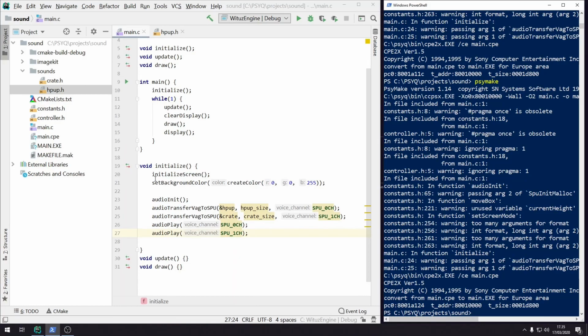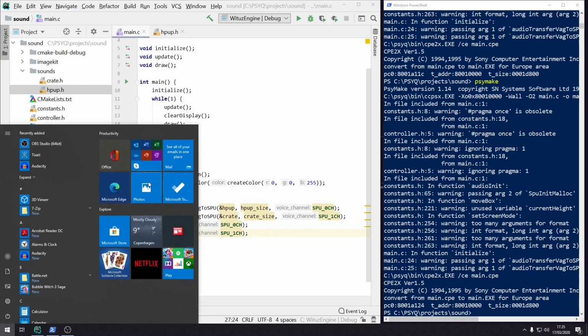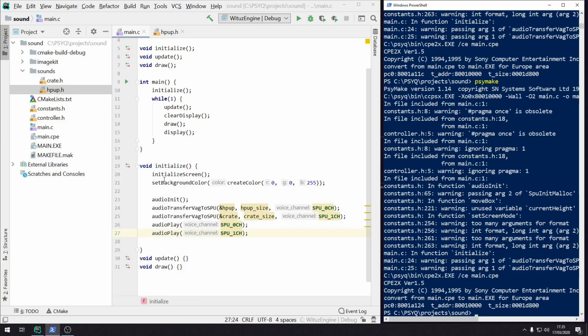I hope you enjoyed this episode, and if you wonder why I am using Windows 10 and is it actually 64-bit? Yes, that's actually the case. I've migrated from Windows XP because it's pretty old at this point and it's very hard to work with, I think. So I'm going to show this in the next episode, how you can work on a modern system, and Linux is included. I will also show how you can set up a PlayStation environment on Linux.